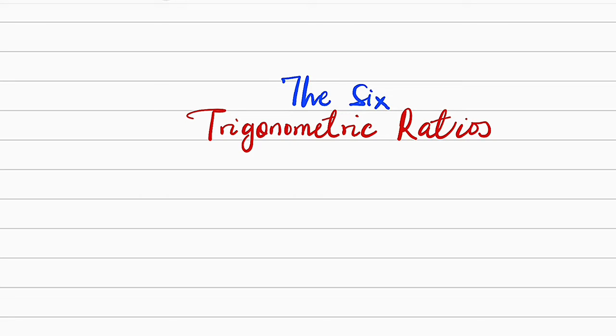Alright, let's get started. Unlike the Pythagorean theorem, which only deals with the relationship between the sides of a right angle triangle, trigonometric ratios deal with the relationship between the acute angle of a right angle triangle and also the sides of that right angle triangle. So now let us write the 6 trigonometric ratios and show you how they are related to the right angle